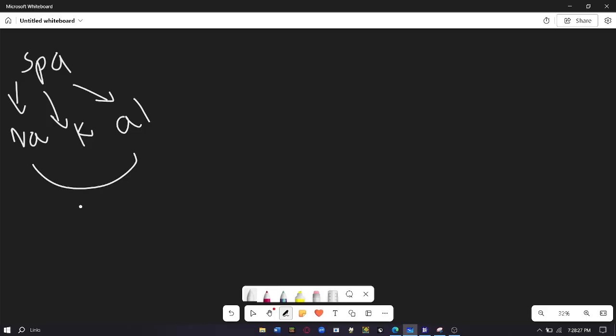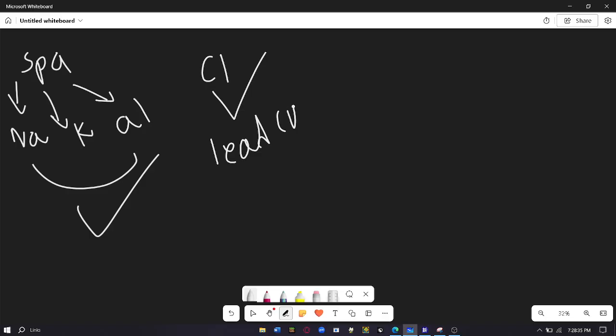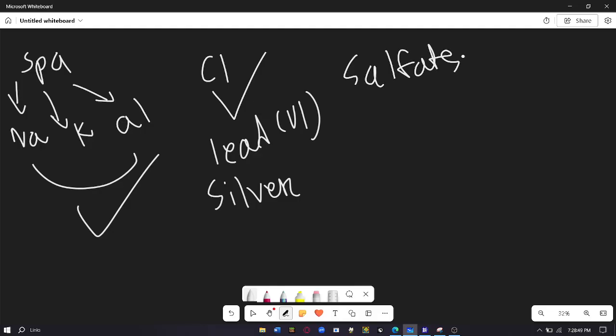Now let's talk about classification of salts. Now I'm pretty sure this is very obvious and you should know these very well. Firstly, we have something called the SPA, which basically means any sodium, potassium, and ammonium salts are soluble, right? All chlorides are soluble except for lead 2 and silver, right? Then we have sulfates. All sulfates are soluble, except